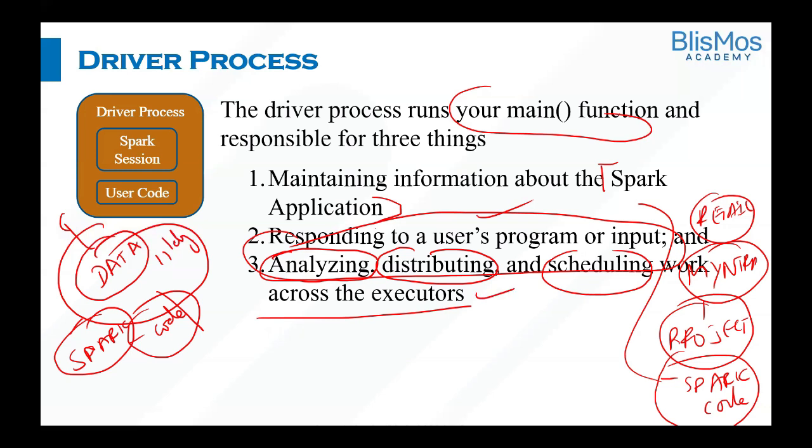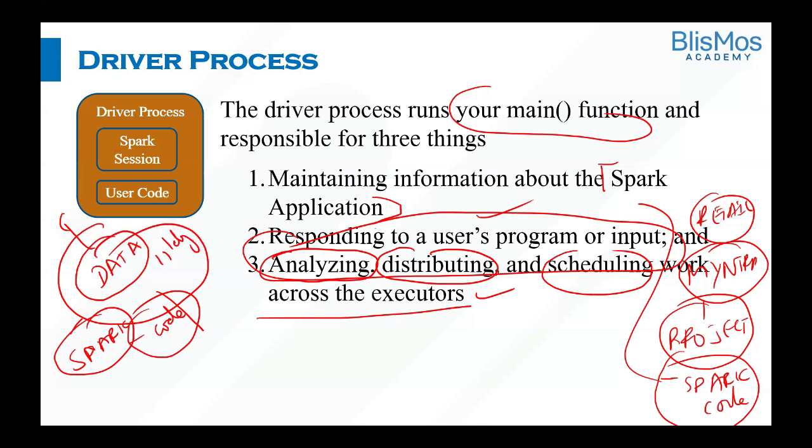This is the core of the driver process, because your data is spread across different systems in a cluster. Now, in order to process the data, you need to analyze, distribute, and schedule the work across the executors. As it is performing such important functions, it is called the lub-dub